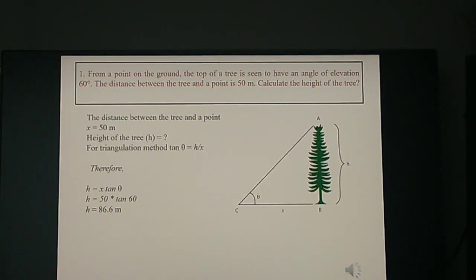Maybe you will be given something like angle of depression. For example, you are standing on point A and you are looking at point C. So then what is given to you is the angle of depression. And what do you want to find out? You want to find out the distance x. So then what will it be? It will be opposite upon adjacent. Again that will be tan theta. Correct? So let us go to the next numerical.